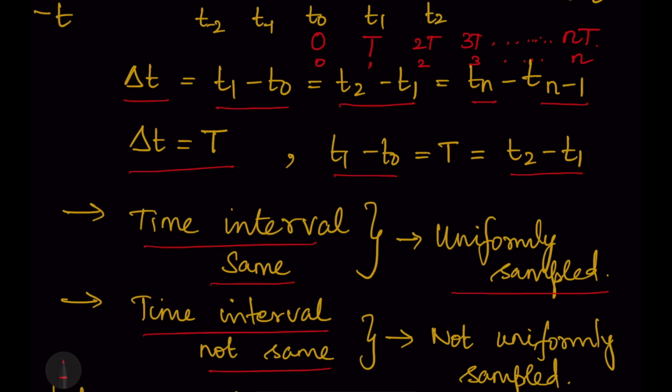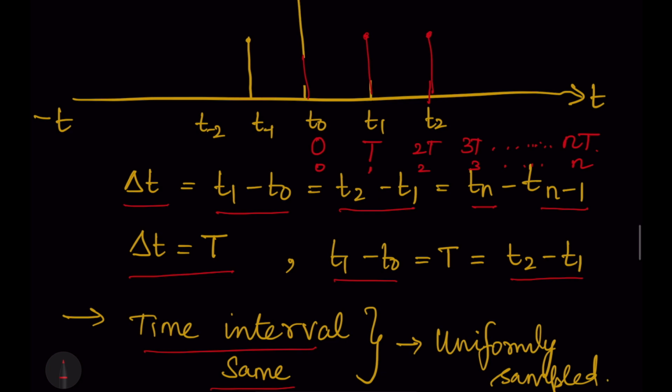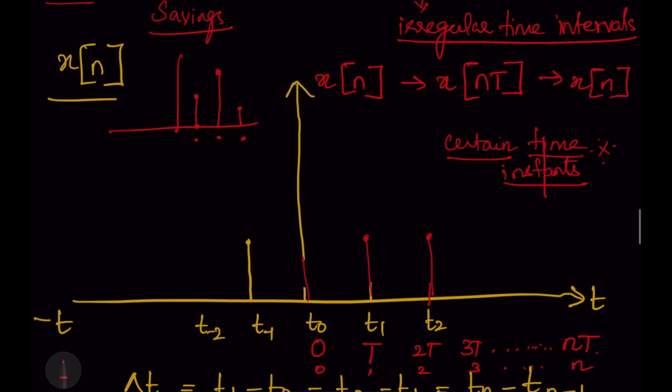So here, this is what we have done. Let us consider del t is equal to capital T. So T1 minus T0 is equal to T. So if I take the value T0 to be 0, obviously what happens to T1? If I substitute it here, T1 minus 0 is equal to T. So the value of T1 becomes equal to T. So if I substitute, in turn it becomes 0, T, 2t, 3t and nt, and that is what you represent a discrete time signal as